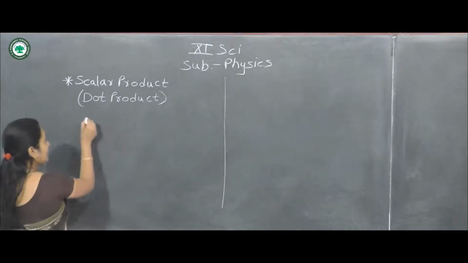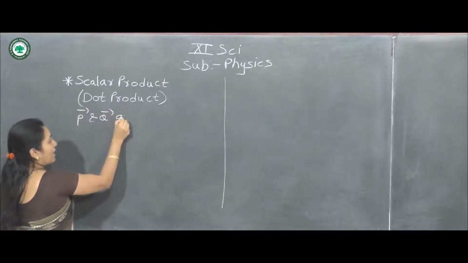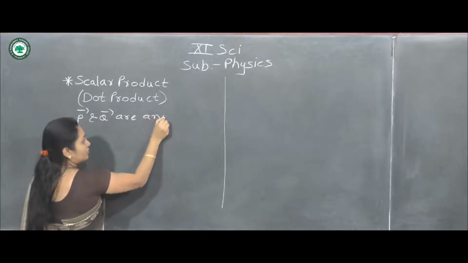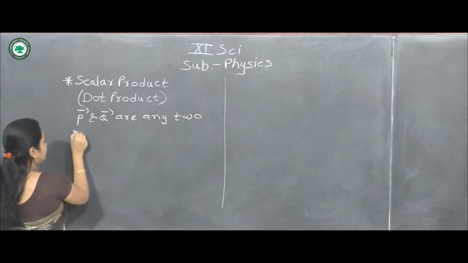So we can write, if P bar and Q bar are any two non-zero vectors,